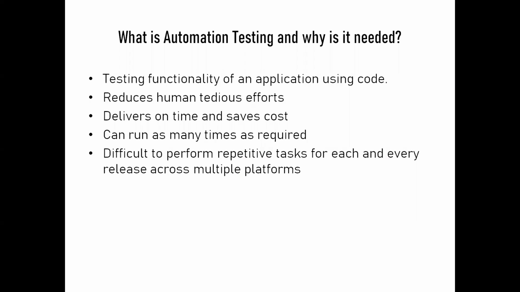Before releasing something, QA will be running regression test cases on multiple platforms or multiple browsers, multiple browser versions. It could be iOS, whatever it is. For a manual test, it's very hard to do all these things, right? If you write code once, you can run the same code on different platforms. That is a major advantage of automation that will save you a lot of time and cost.